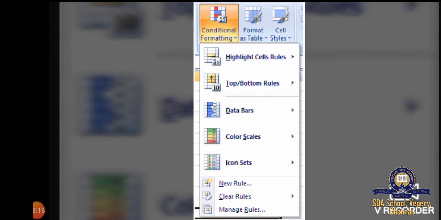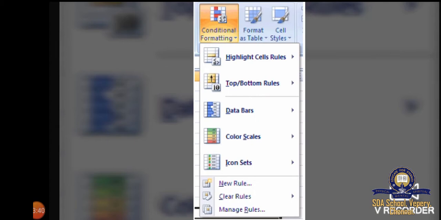Now click on the required option. Sublist appears. An additional dialog box may also appear depending on various options that we choose. Then the selected cell range changes according to the conditional format set by you.